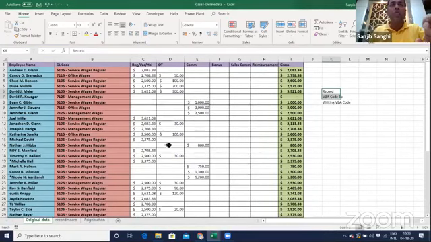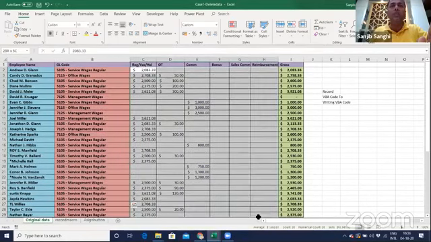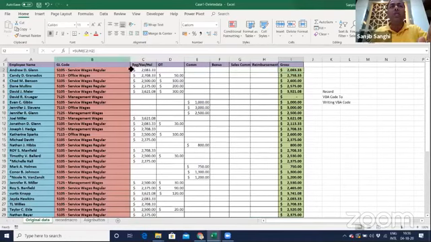The first macro I'm going to do is recording a macro. Imagine I get this employee file with the GL code and all the data here, and the formula right here is summing up this entire total. I've not done anything on the macro yet, I'm just explaining the concept.